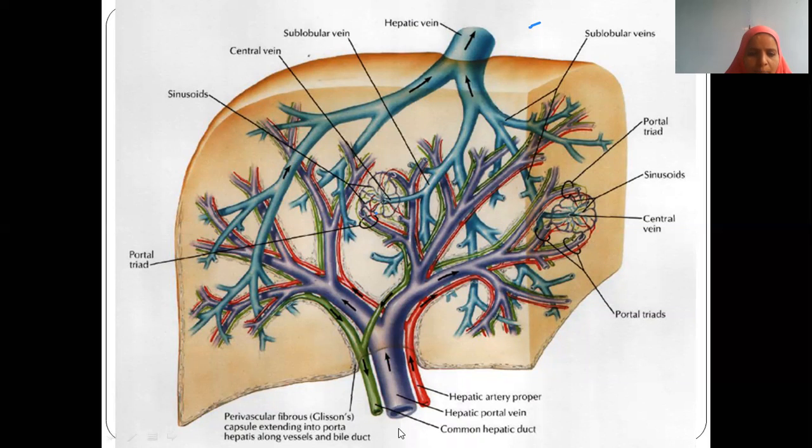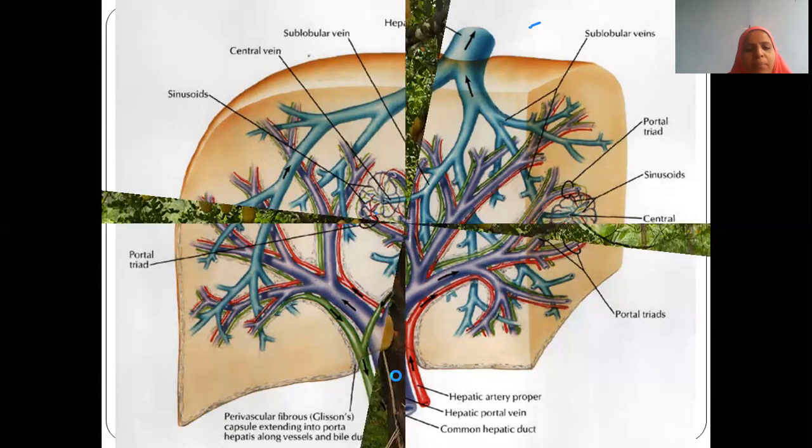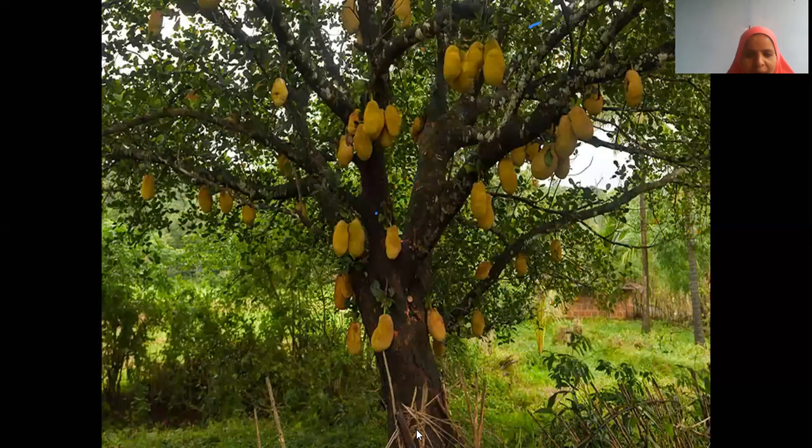This is the portal vein. You can see the ramification. Correspondingly, the hepatic veins are starting. Finally, they are carrying the blood to the inferior vena cava. This is the porta hepatis area with its structures: hepatic artery, portal vein, and bile duct. It is something like this. This trunk is representing the inferior vena cava, and whatever branches are opening here inside are the hepatic veins.